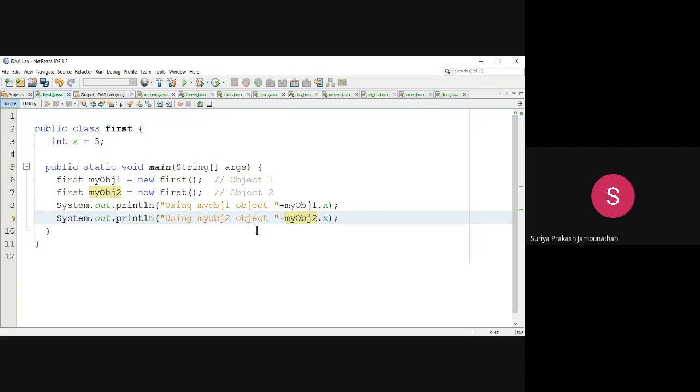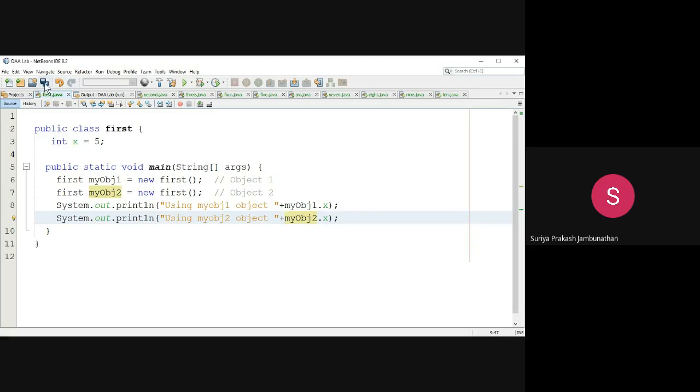Here you have to understand that the plus mark between two integers will be an addition operation. The plus mark between two string variables will be a concatenation operation. Here we are giving a plus mark in the System.out.println. What happens? Using my obj1, it will print with a space. After that, it will concatenate the x value. Here also, using obj2, it will just print the x value again. So plus will be the concatenation operator between the string and the integer.